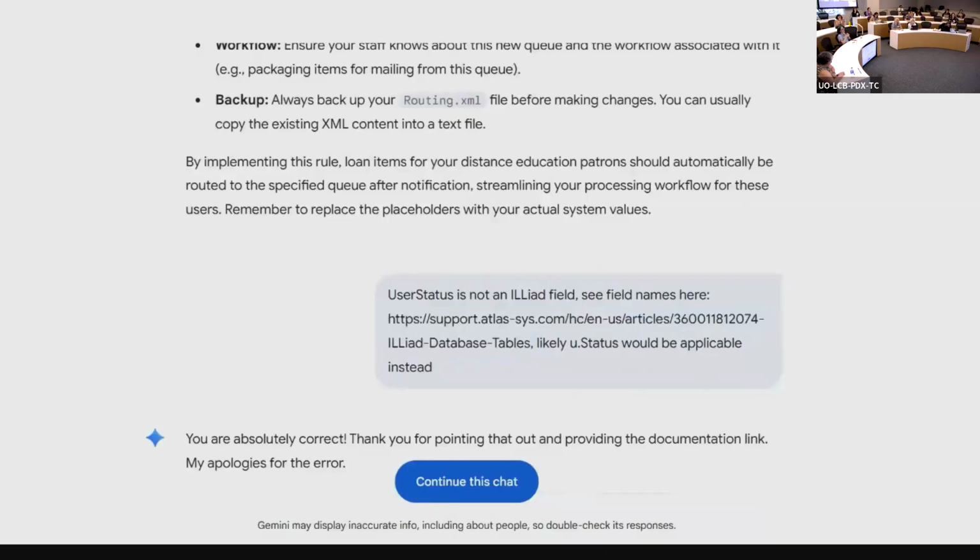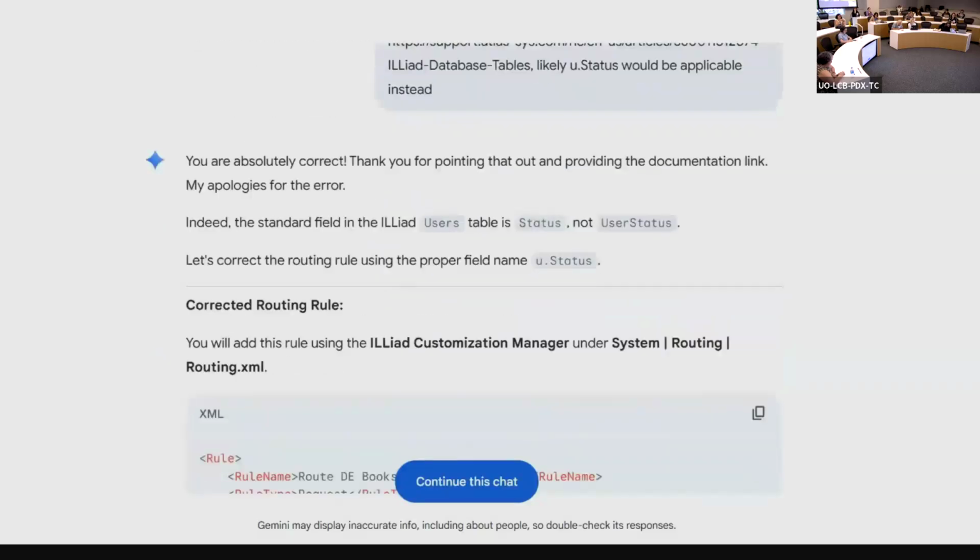So as you're going through, if you notice something isn't working as expected, double check against documentation, against your own knowledge, against the way routing rules are set up. It can give you ideas, but you do need to refine them. So it always apologizes.